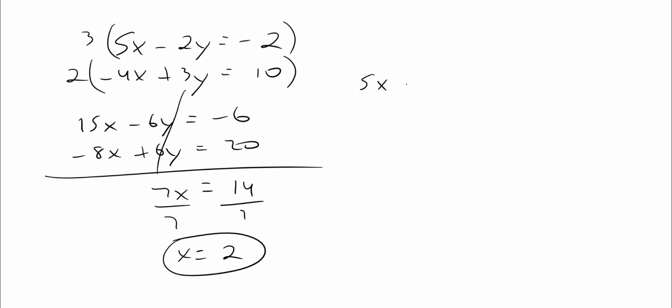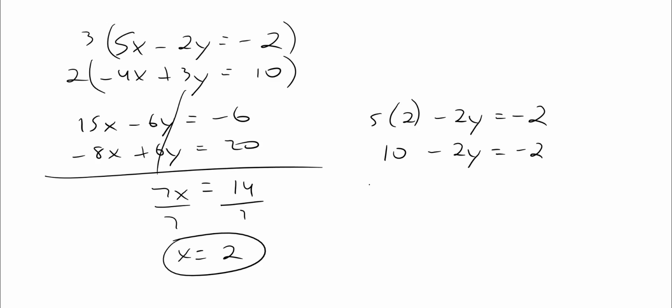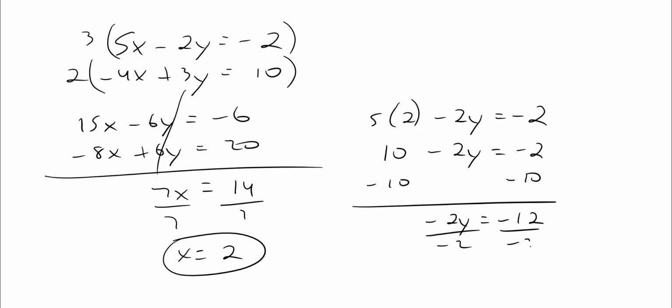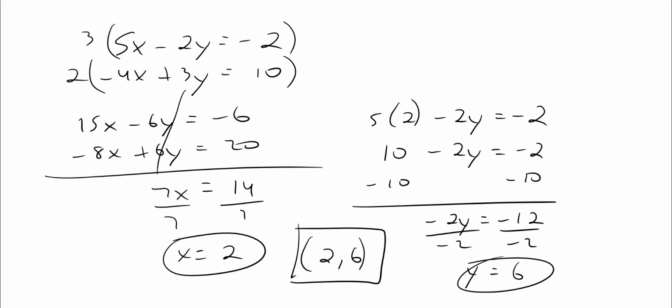We get 5 times 2 minus 2y equals negative 2. Okay, so we're going to get 10 minus 2y equals negative 2. Subtract 10. So negative 2y equals negative 12, and divide by negative 2. So y equals 6. Okay, so your solution is going to be 2 comma 6. All right, cool. Pretty easy, right? All right, so last problem